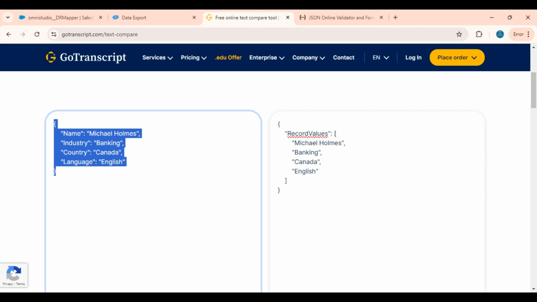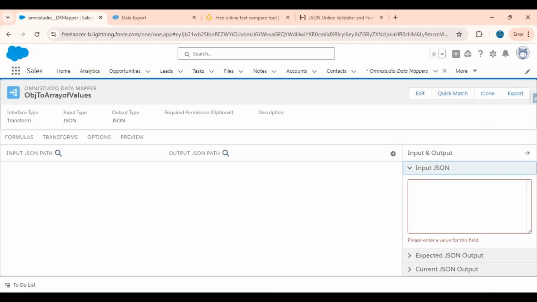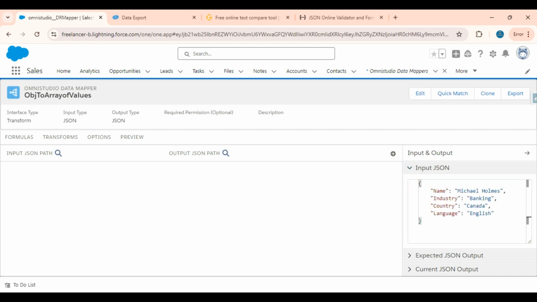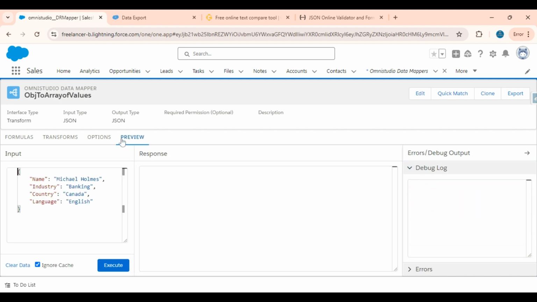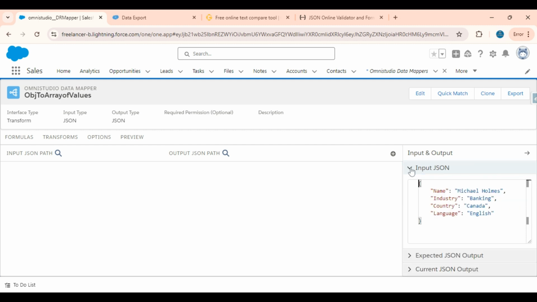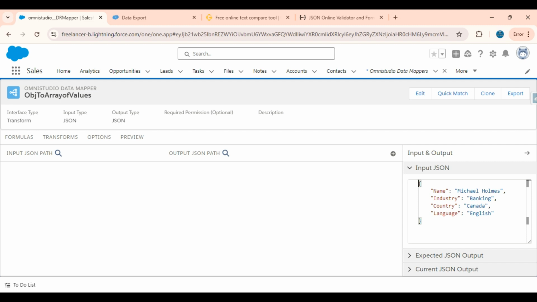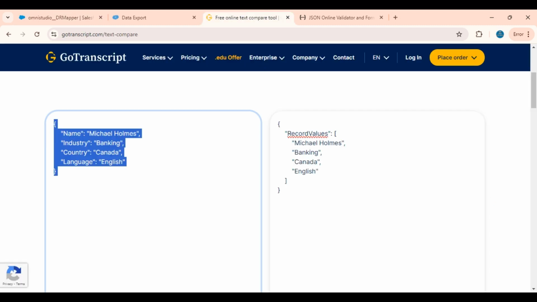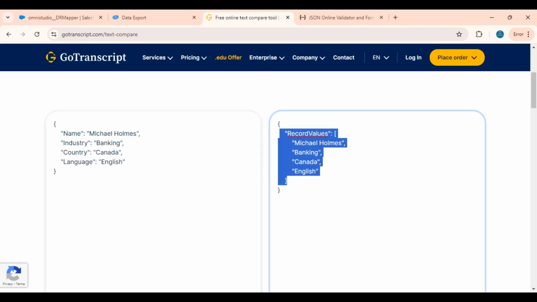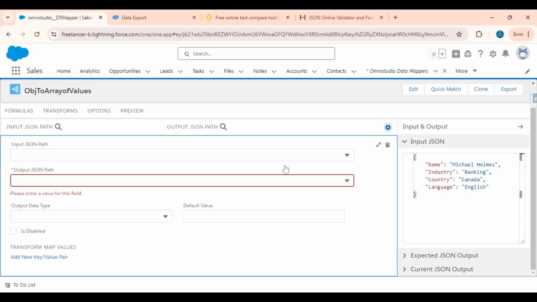So here I have the input JSON. In the input JSON section, I will paste it. And in the preview tab also, in the input section, we got the same input. So we got the input, and we need to form the output like this. For that, what I will do here,